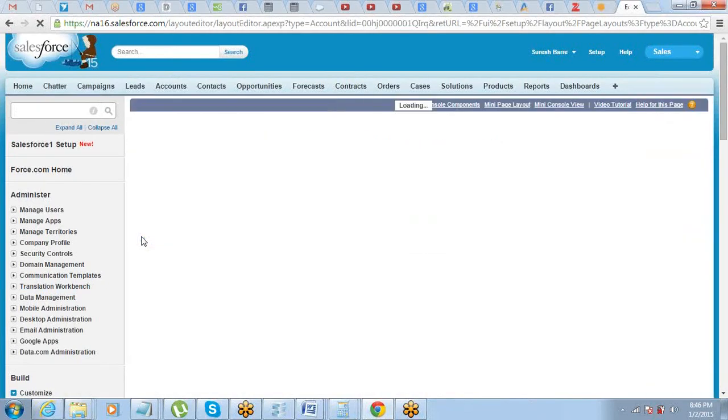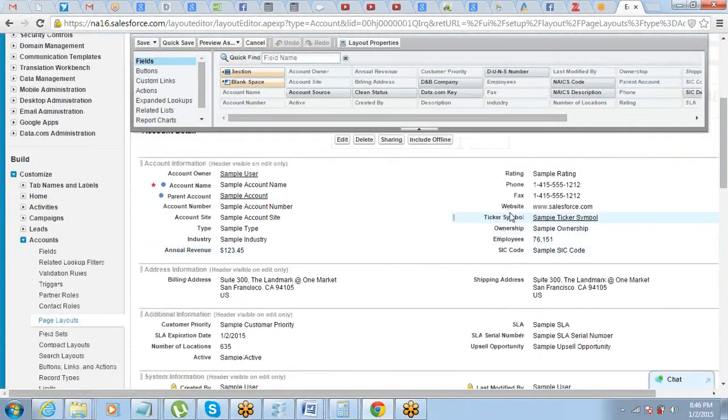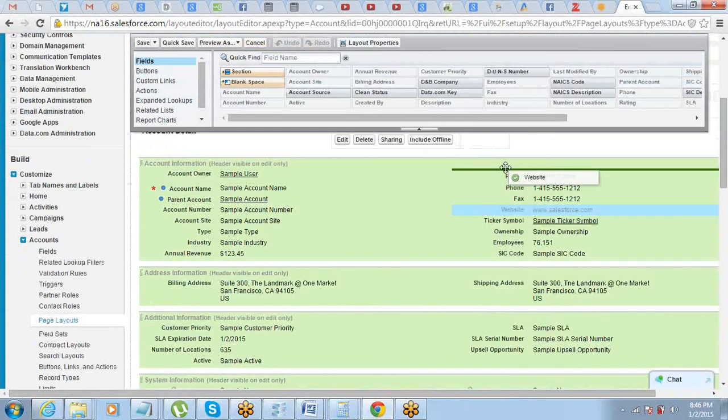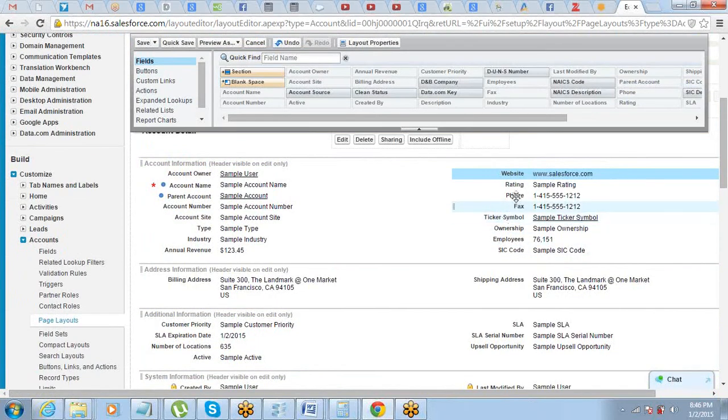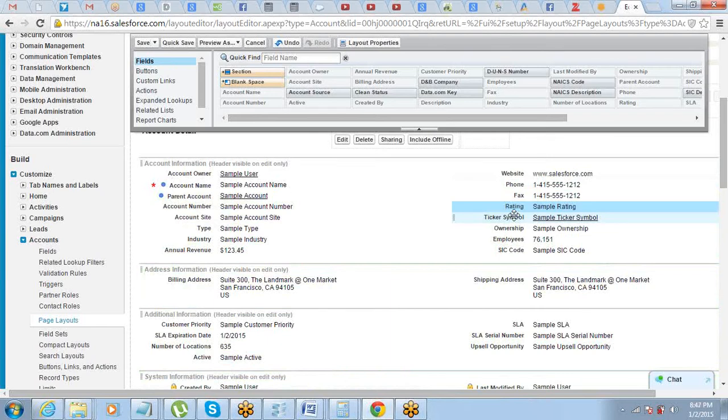So now it's as simple as a video game. So you don't have to do anything, you just have to do the placements of the fields. Website you want to bring here, that's it. The rating you want to bring after the fax number, take it here. So there is nothing that we have to actually understand. The only thing that we need to understand is how to go to this page layout thing and how to edit these things.